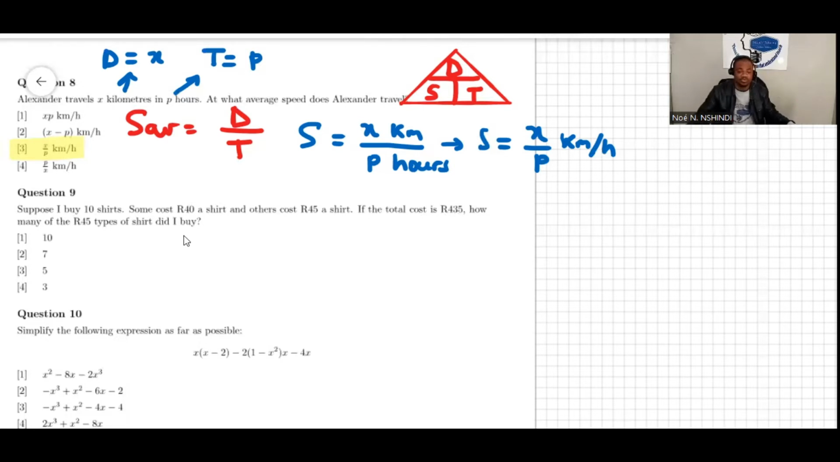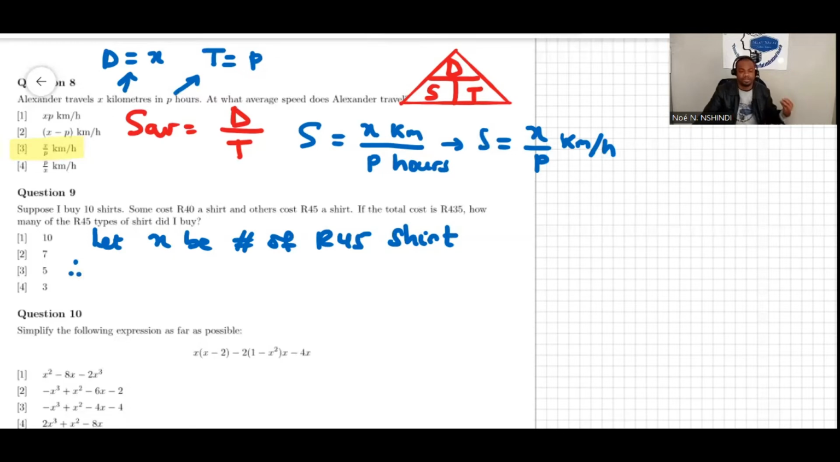In a situation like this, we call the unknown a variable. Instead of saying that I don't know it, which is longer, or saying unknown, we can just say X. Let's say the number of 45 rand shirts is X. I'm going to write here: let X be the number of 45 rand shirts. Therefore, if X is the number of 45 rand shirts, then what should be the number of 40 rand